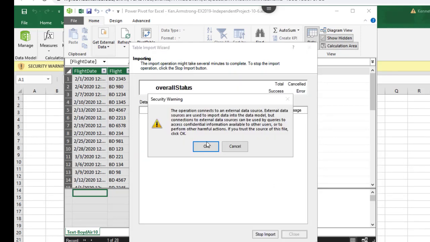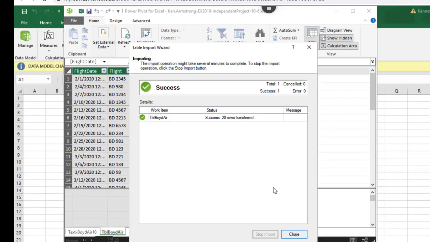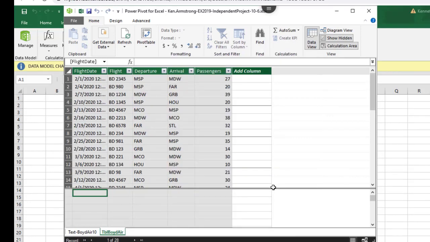And you get this annoying message, but just hit OK. I'm sure it means something to somebody, but we're only dealing with 28 rows and all the data's here in this one machine, so I trust it. And there's the data. So the next thing it asks is to make a relationship between these two tables of